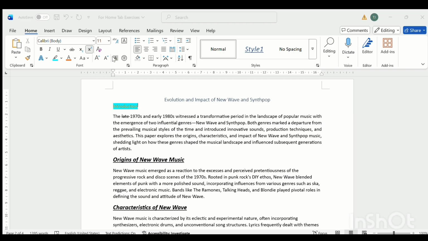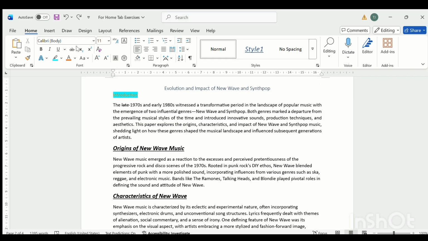In here you can do strike through, double strike through. Most of the functions are in here, but there are other advanced or special functions in here that you would like to enable. You can just click on the dialog launch button. And that's it for our font group. So now that we are done with the font group, let us now go to the